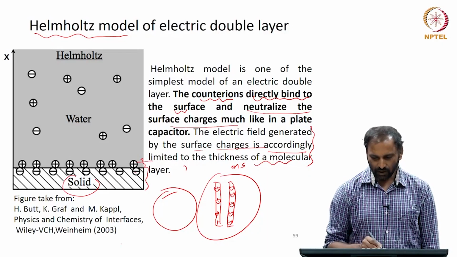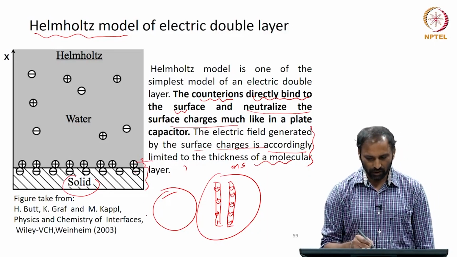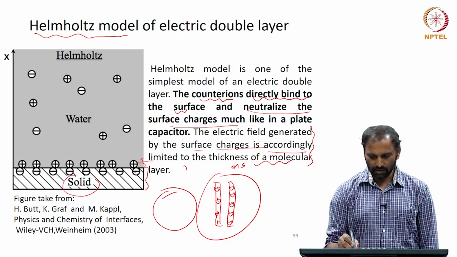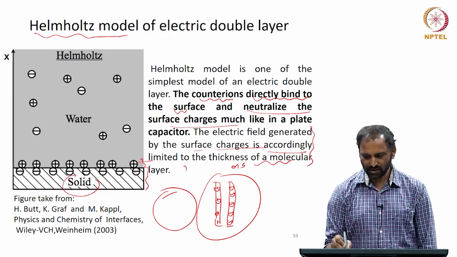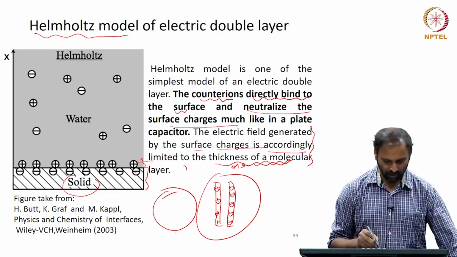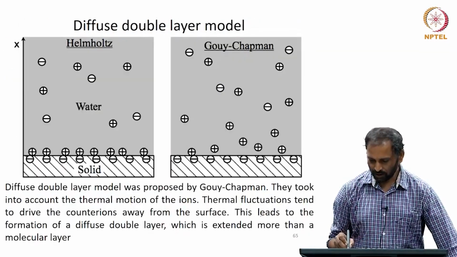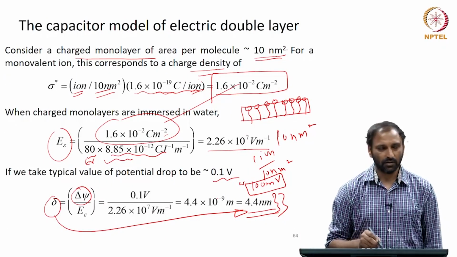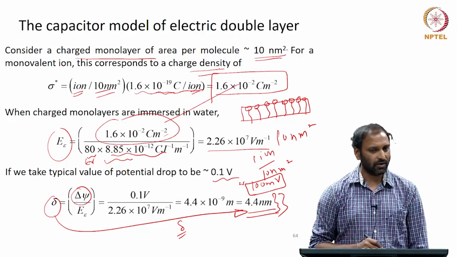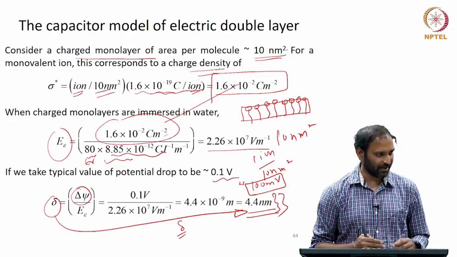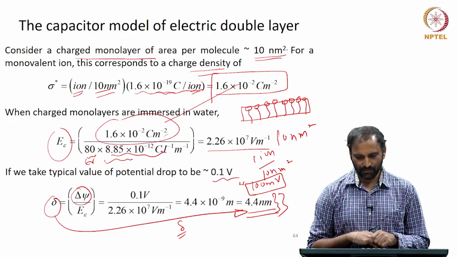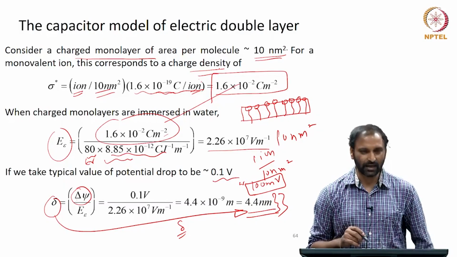Because they are strongly bound, we can imagine that the electric field generated by the surface charges would be of the order of a molecular layer thick. That is what we showed by looking at some typical numbers of the delta for a particular case. Maybe just go back and take a look at this again; we may discuss this example again in the next class. So, the first simple picture that we looked at is the Helmholtz